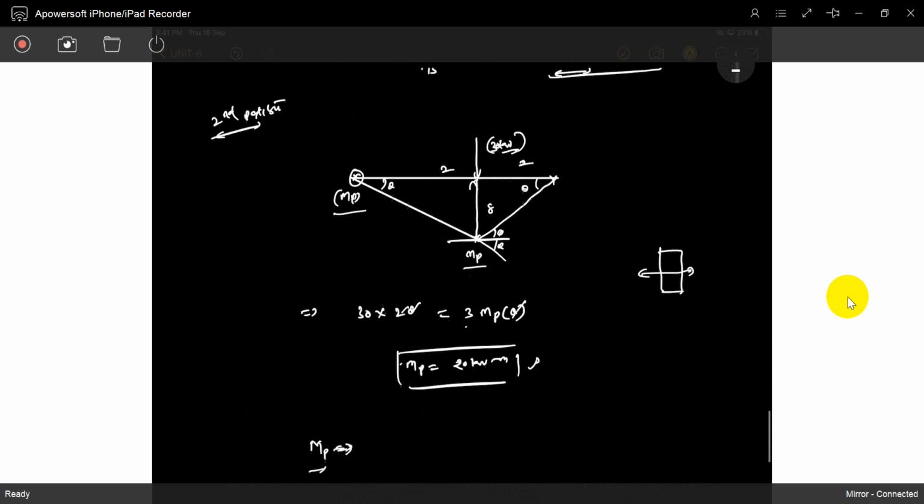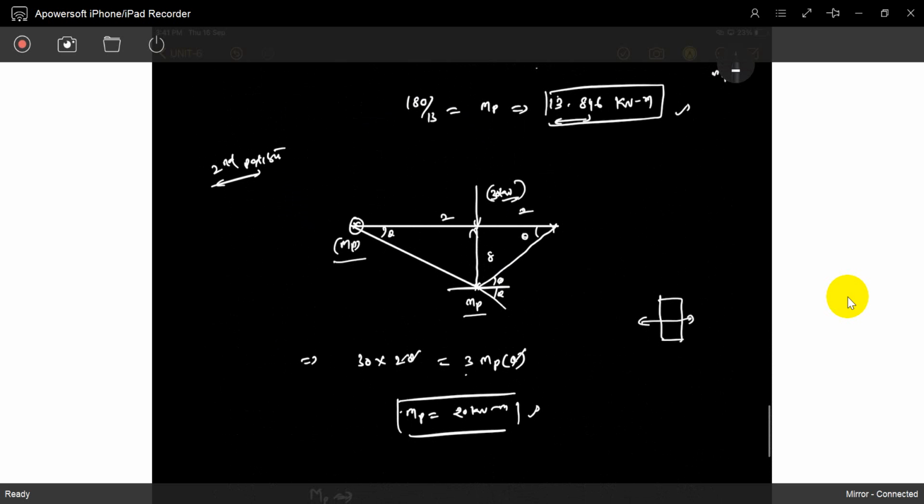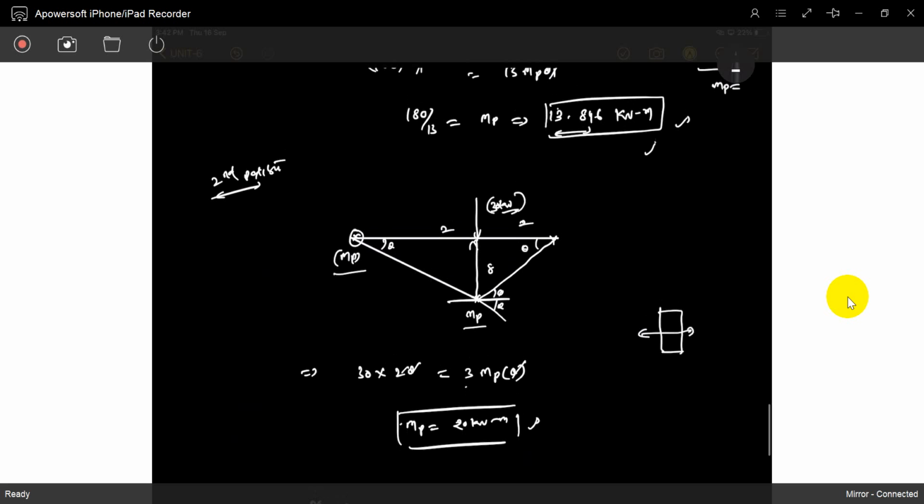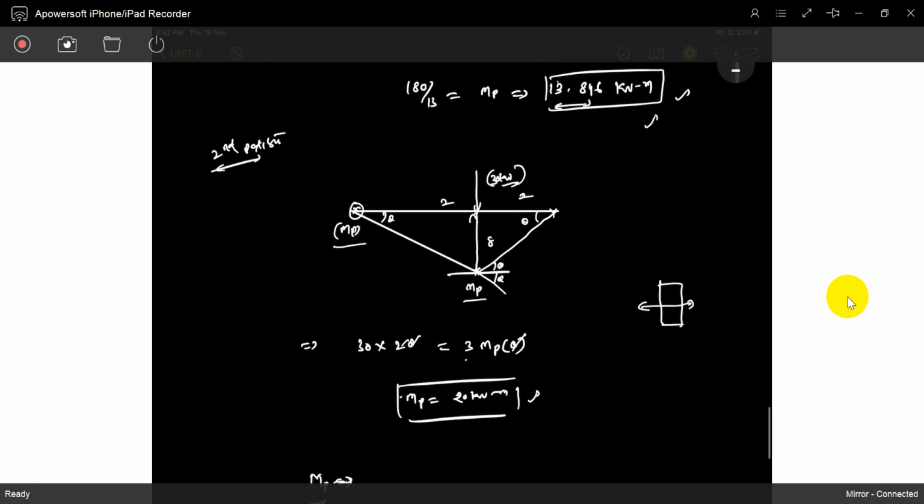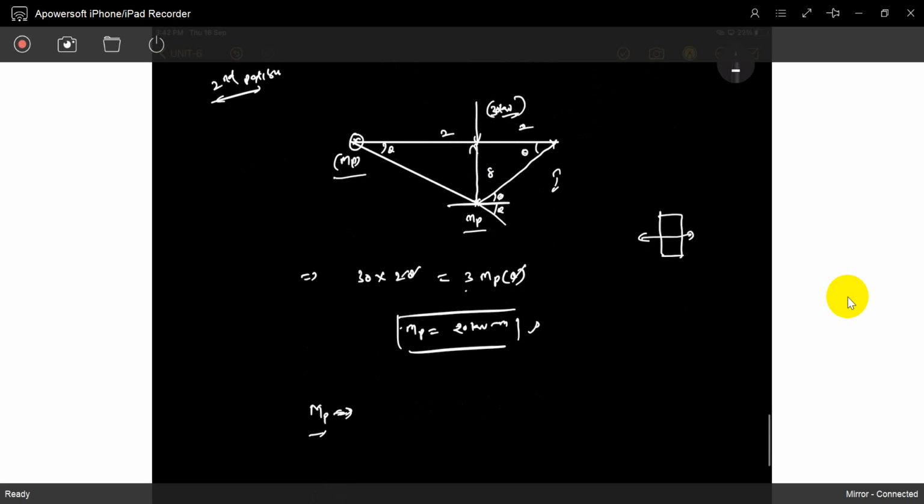Whether we have to take 20 or 13? We have to choose 20 only, because if you choose 13, or something like 15, it is okay, it will sustain. But for 15, the proper cantilever fails. So you have to choose the higher value. It is a capacity. Capacity should be maintained higher, load should be lower. So we have to choose this 20 kilonewton meter. Then only the structure is stable throughout that loading.